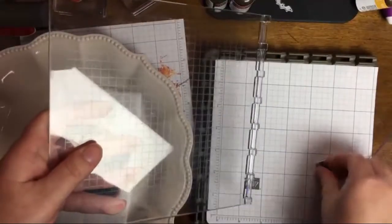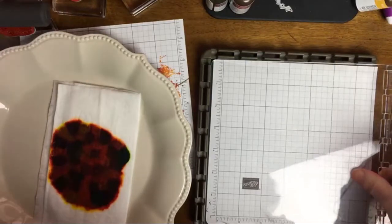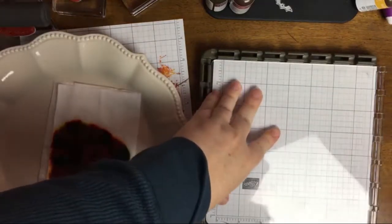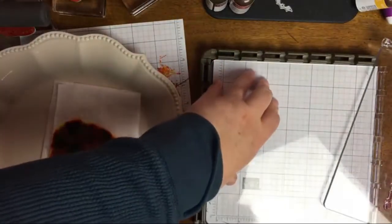If you can't find the mat, I'm just going to use my other Stamparatus. Silicone. Thank you both so much. That was driving me crazy. I can't believe I forgot. And goodness knows where I put it. Anyway, I'm just going to use my second plate. Okay, so